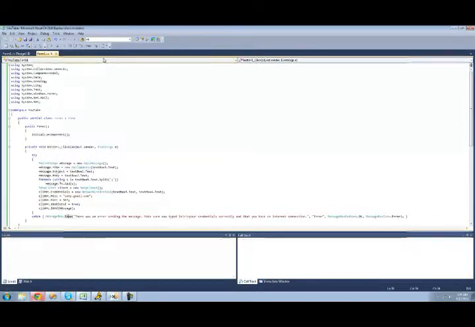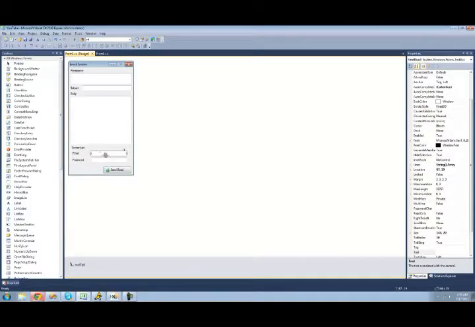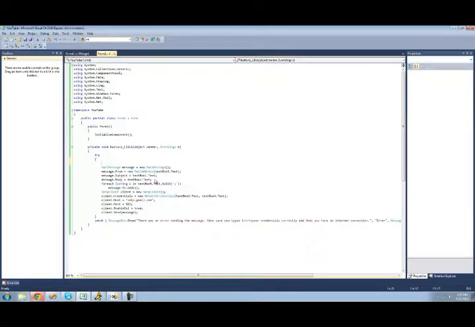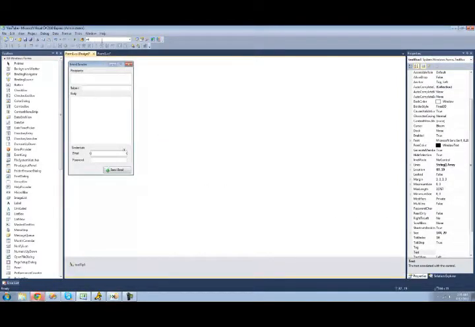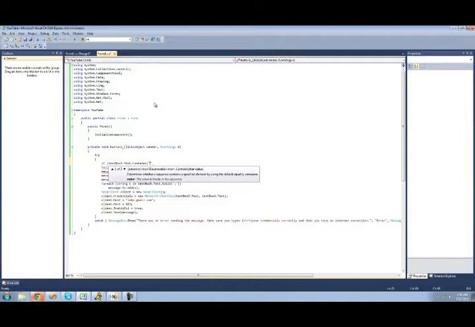A few more things that we're going to check is make sure that before they send the message that the email has Gmail in it, because if it doesn't have Gmail in it, then that means it's not an @gmail.com address, and it has to be an @gmail.com address in order for this to work. So right here we're just going to say if textBox3.Text.Contains, and this will just check to see if the string contains another string. So we'll just make sure that it contains @gmail.com. And if it doesn't,